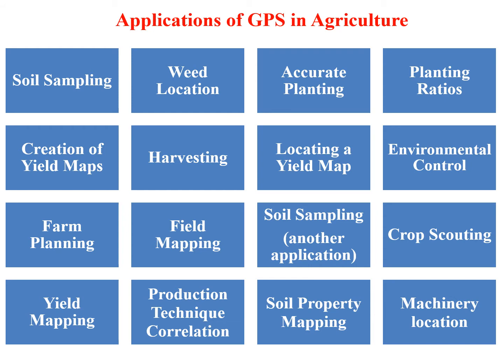Creation of yield maps. GPS plays an important role in the creation of yield maps for specific type of crops. For instance, during harvest, GPS can be used to map out expected yields of a given crop from one piece of land based on the land characteristics and the seed characteristics.